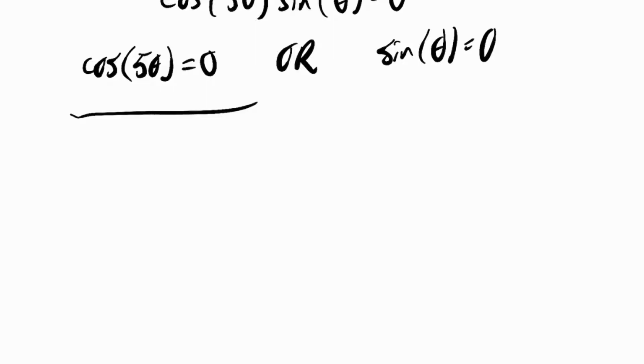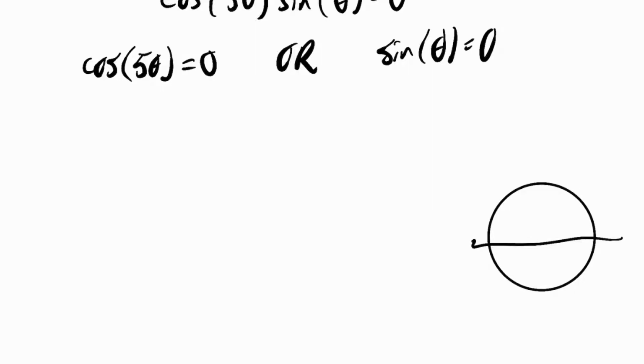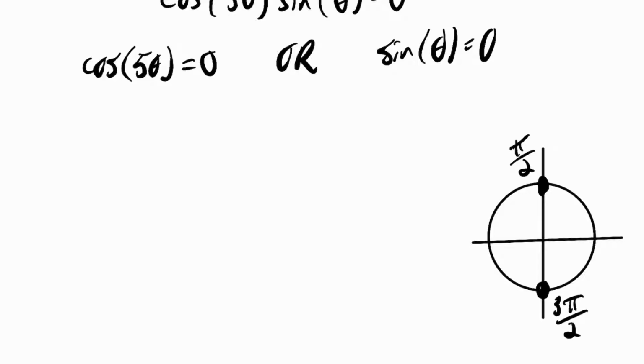So there's a couple ways to get started with this one. What I'm going to do is this. I'm just going to say, well, on the unit circle, what 2 angles give me a cosine value of 0? Well, at the top of the circle, the x-coordinate is 0, and at the bottom of the circle, the x-coordinate is 0. So this would be pi over 2 at the top, and 3 pi over 2 at the bottom. These are the 2 inputs for cosine that produce 0 as a result. So I know that 5 theta